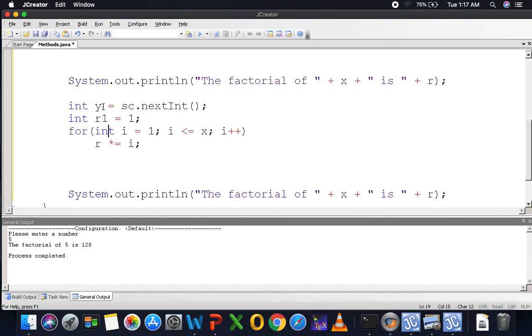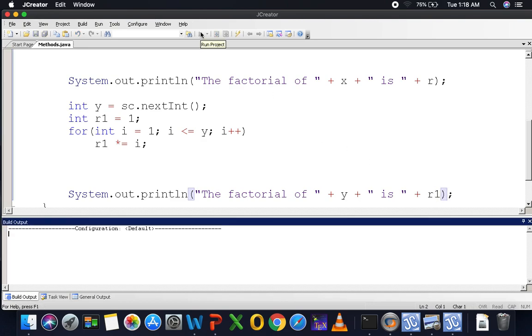Instead of having r, I will actually have r1. I will be changing the x by y. And last but not least, this one is r1. Then I actually want to calculate the factorial of x as well as the factorial of y, and this one will be stored into a variable called r1. Once I compile and run my algorithm, hopefully it will work, and